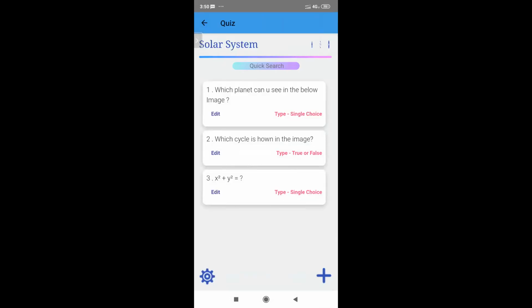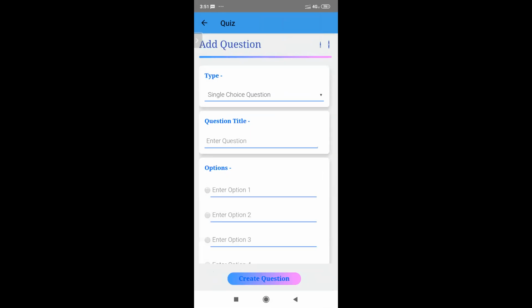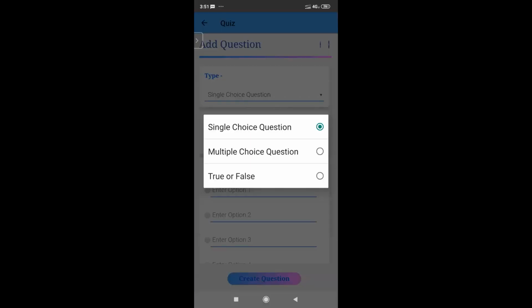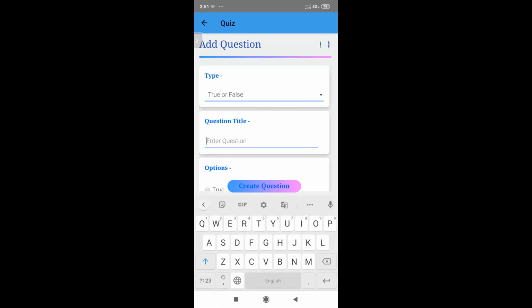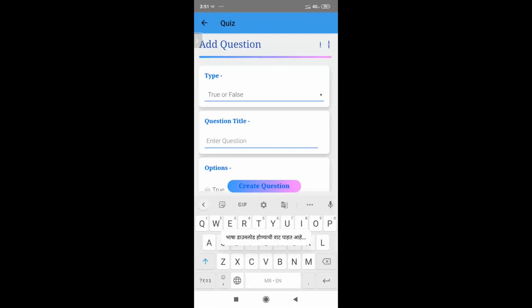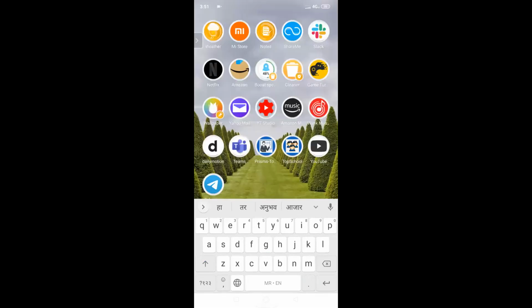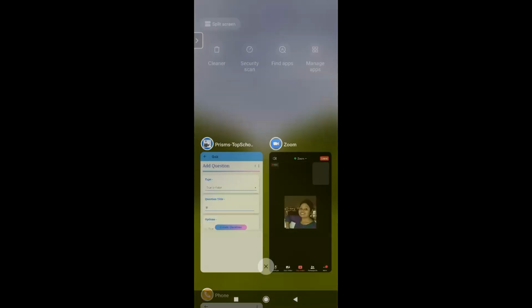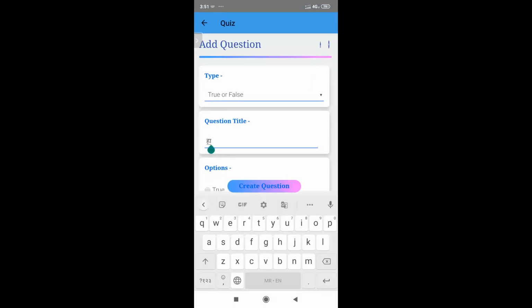Now, after that, one question comes: what about languages? In case of languages, you can click on the plus sign. And again, select what type of question it is. And I simply have to select my Indic board. Oh, sorry, I went back by mistake. So I can type that easily.